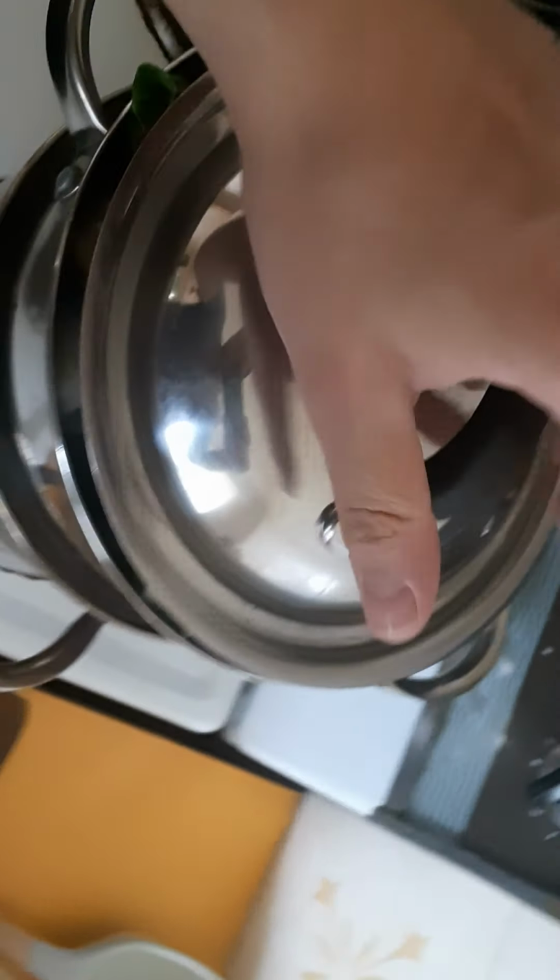Yep, that's what's in that one. Put a lid on top. That'll go down a bit once it's starting to boil. Okay. Oh, I forgot to say we do add salt. Add a teaspoon of salt for our curry powder. Now,